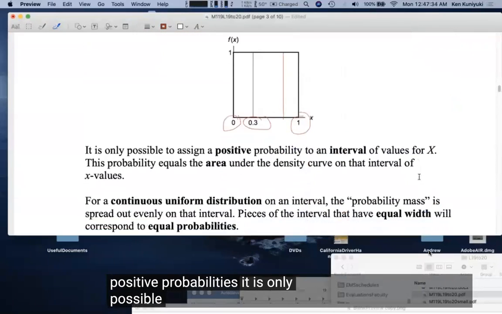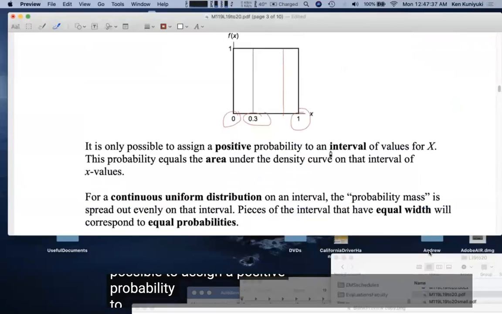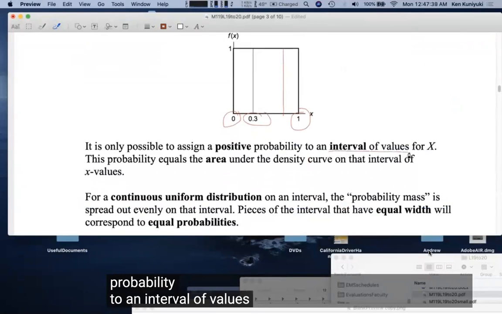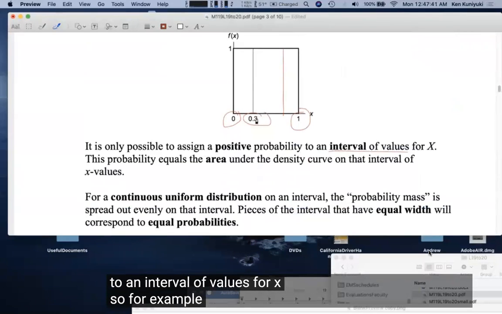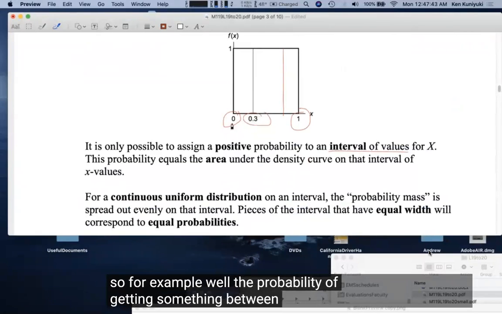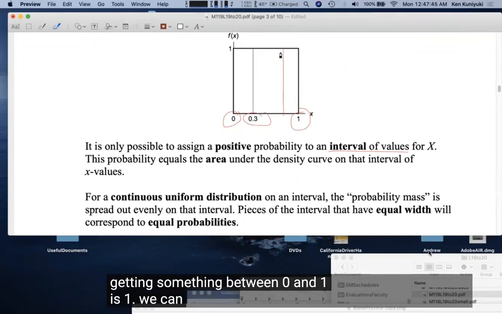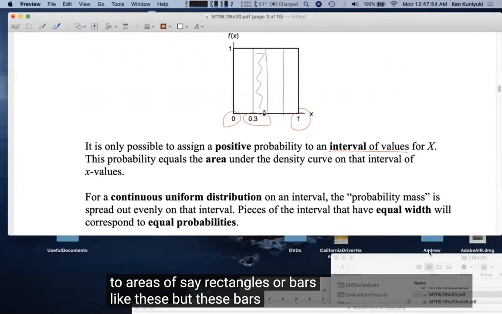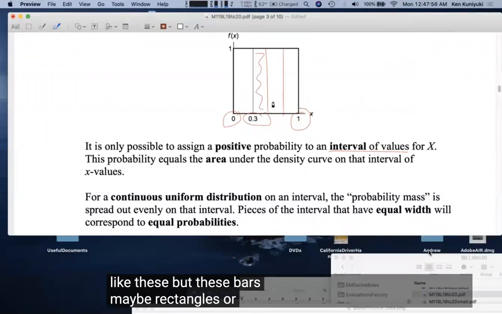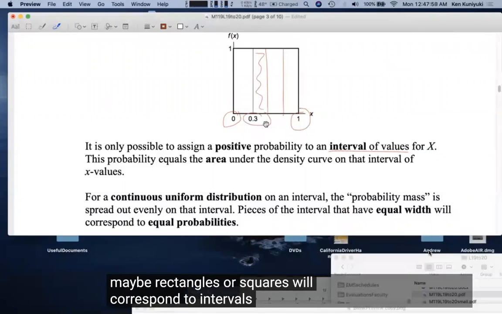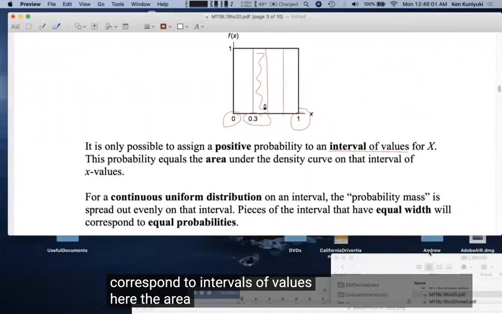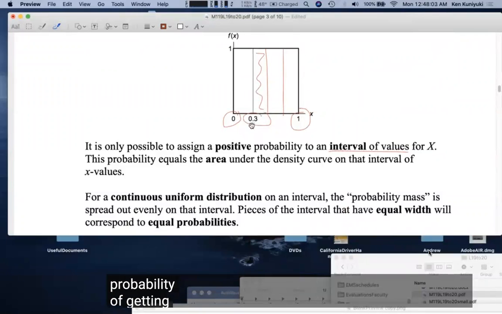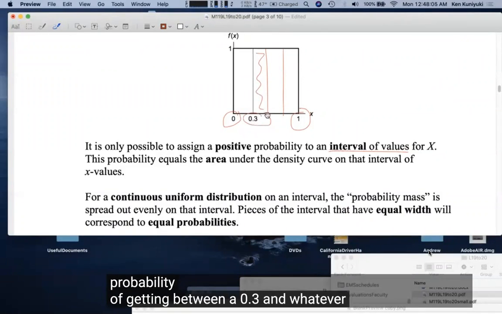It is only possible to assign a positive probability to an interval of values for x. So for example, the probability of getting something between 0 and 1 is 1. We can assign positive probabilities to areas of, say, rectangles or bars like these. But these bars will correspond to intervals of values. Here, the area of this bar is the probability of getting between a 0.3 and whatever this is, maybe a